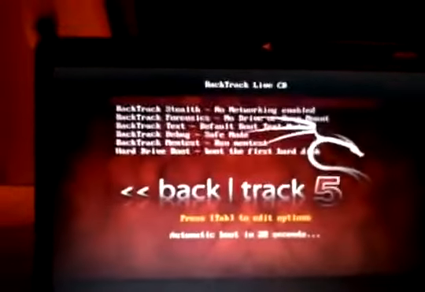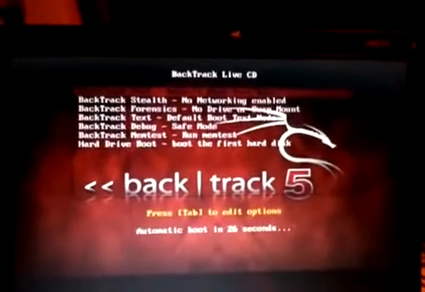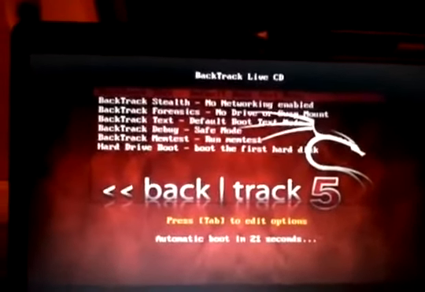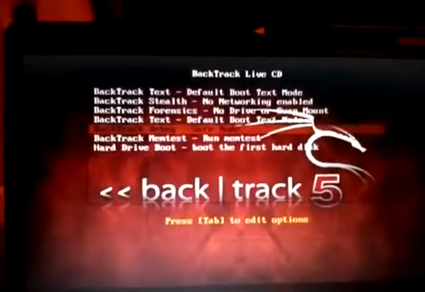This is a fresh install of BackTrack 5. Just came out. What we're gonna do here is